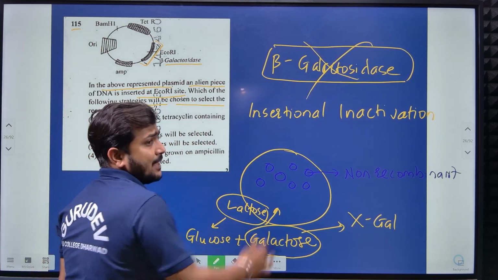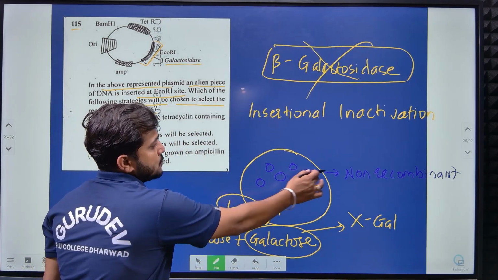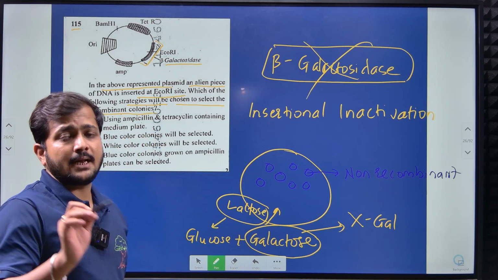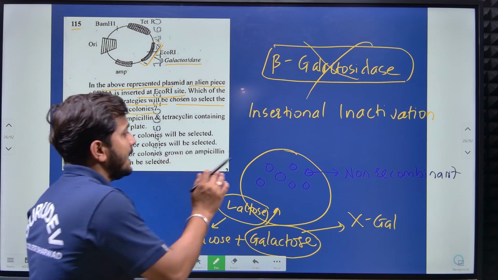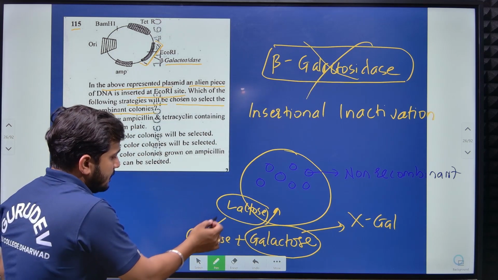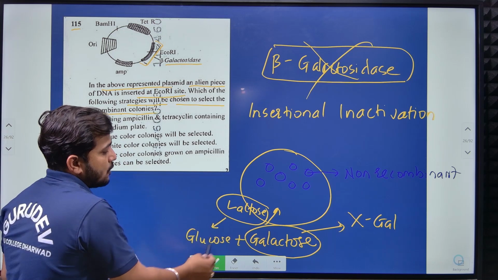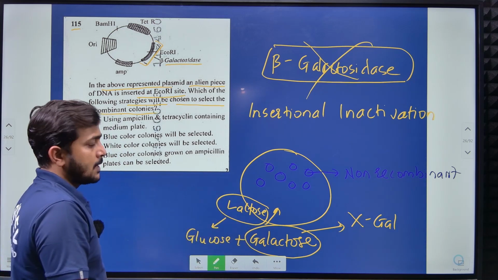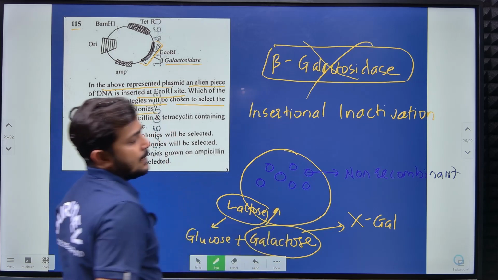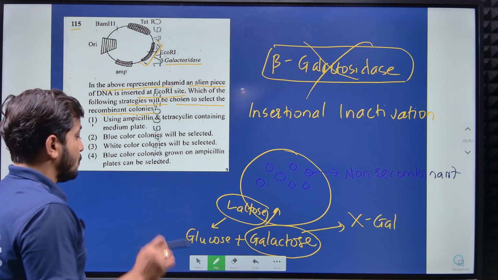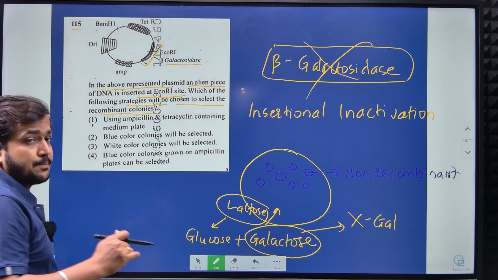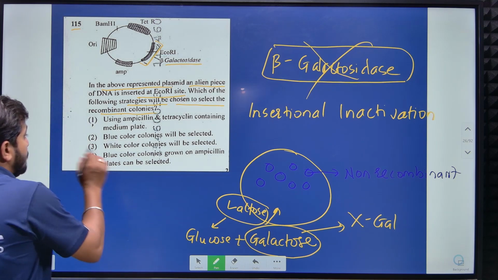When it reacts with X-gal, the colonies become blue in color. Where I have added the gene of interest, there will not be beta galactosidase activity, and it will not convert the lactose into glucose and galactose. Now galactose will not react with X-gal, so there will not be any blue colored colonies. So my recombinant plasmid is present inside the bacteria with